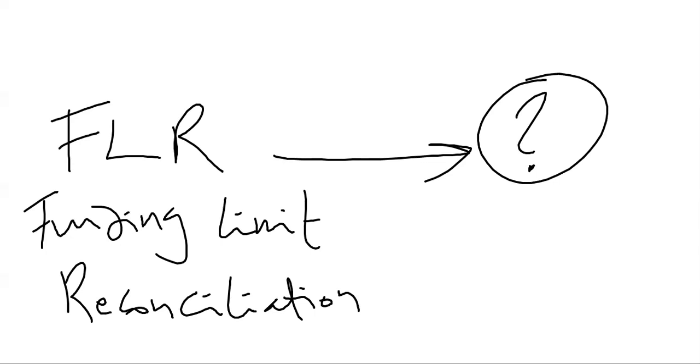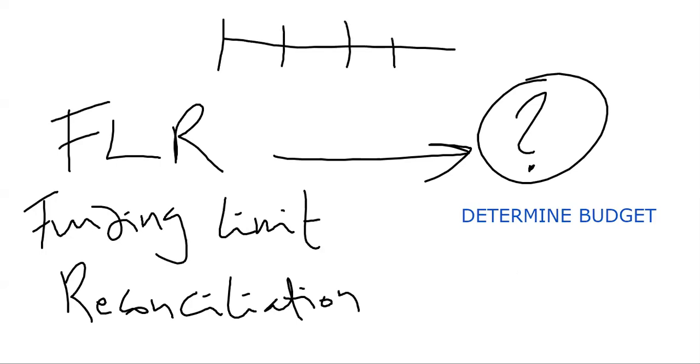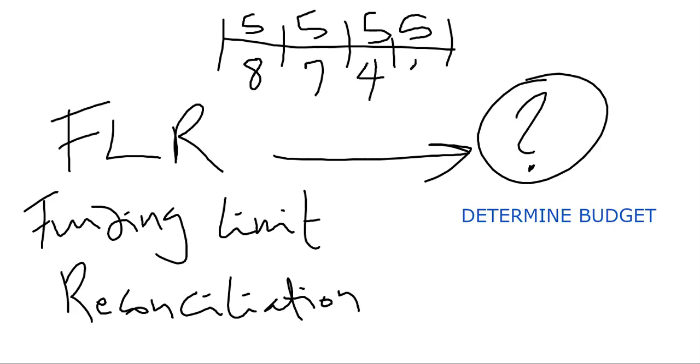Three, two, one. FLR is again used in the Determine Budget process. Funding limit reconciliation, as you might recall from my previous videos, is about reconciling those funding limits. If you've got a limit of 5 million every month and you've got a budget that looks spread like this, well, this means you have issues and you need to redistribute